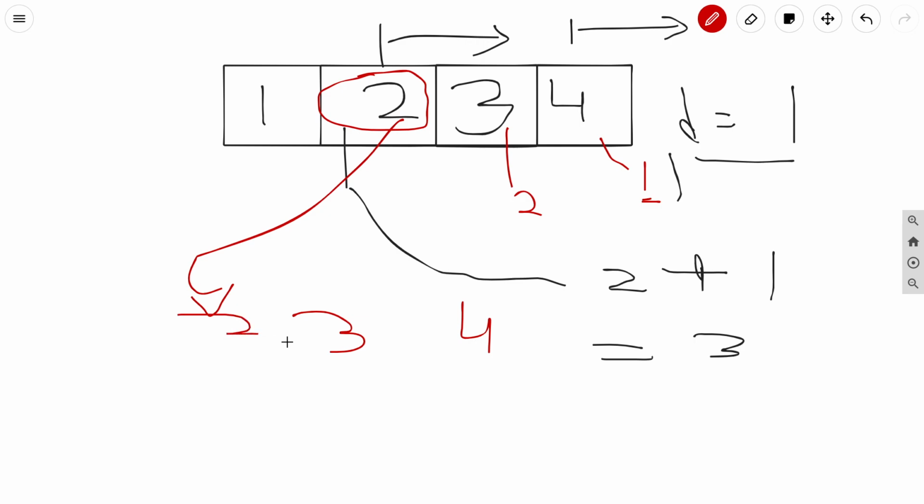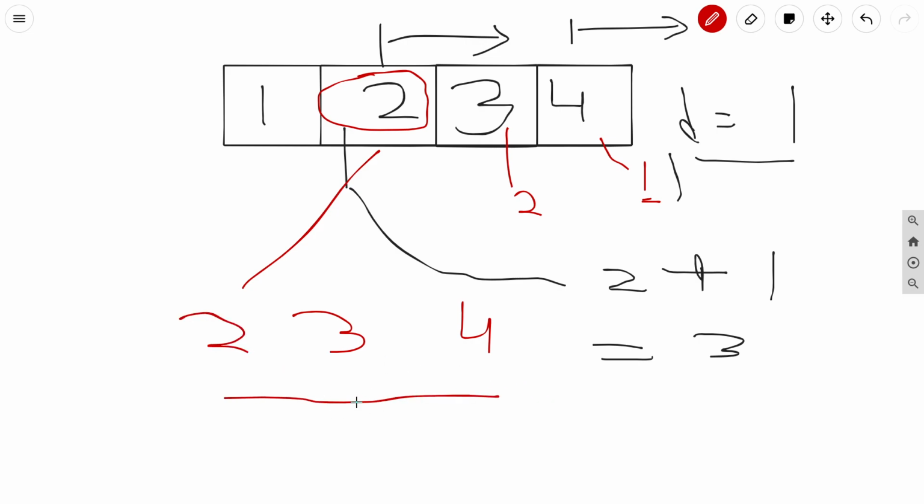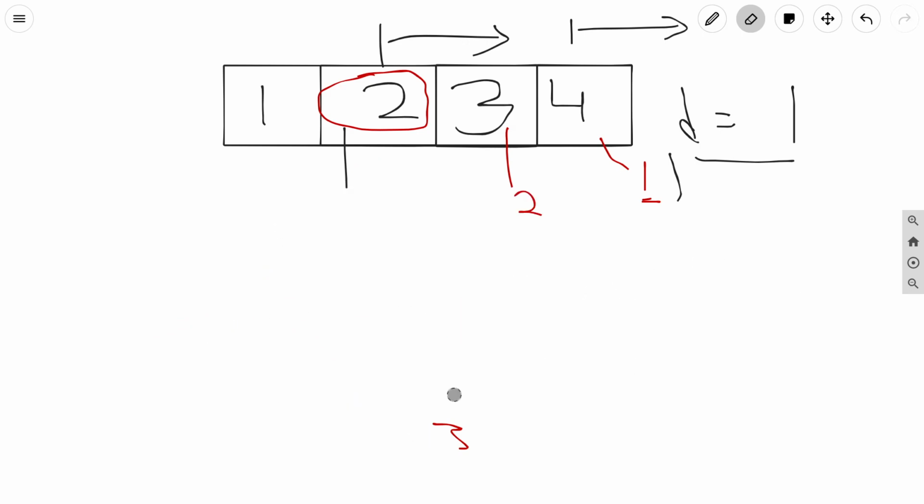Now the sequence has started from 2, so you can see that our length will be 3 in this case. So we will write 3 here. I will first erase all these things, and for this index our length will be nothing but 3.